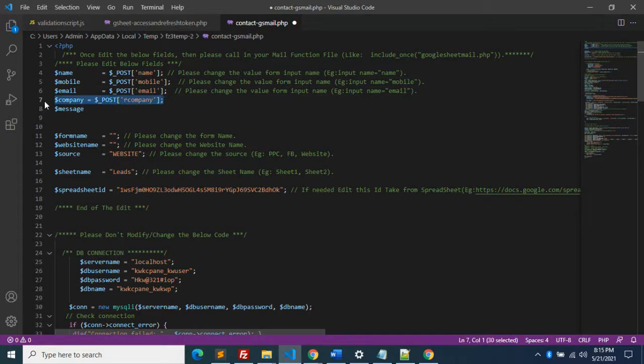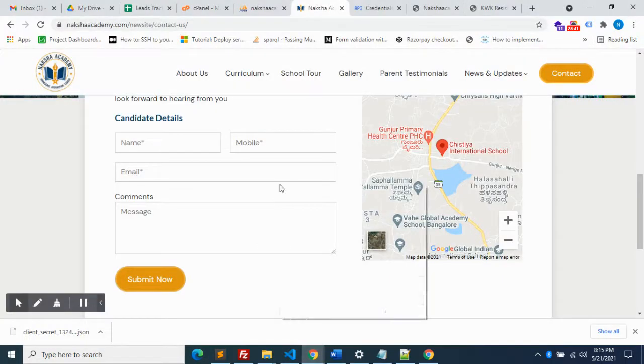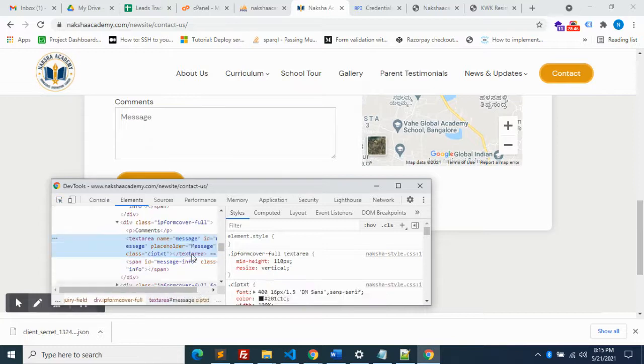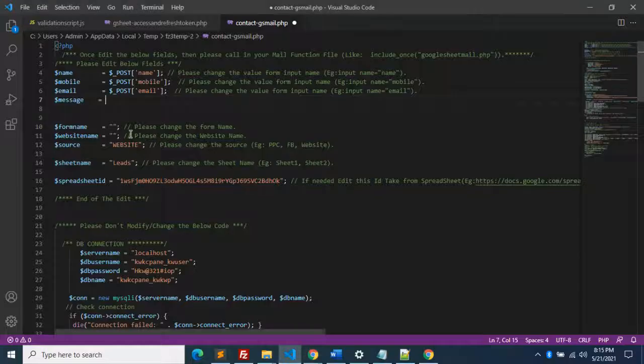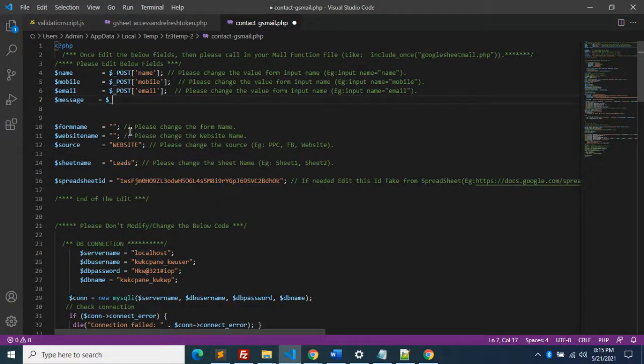Company we don't have as a reference, so we will have a message field. I'm adding the message field with name as message. Okay, got it. So we have to use the post method. Post method. Done.